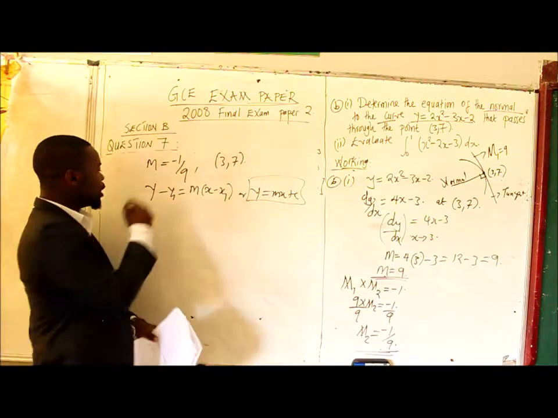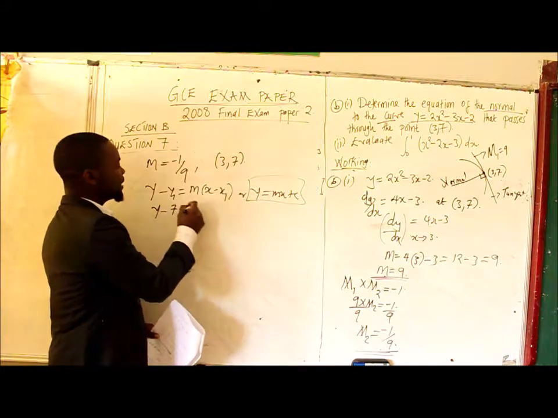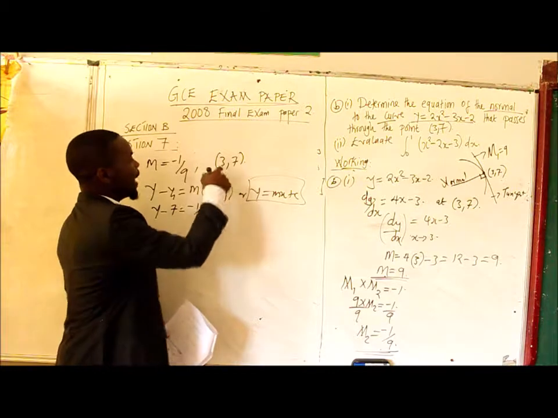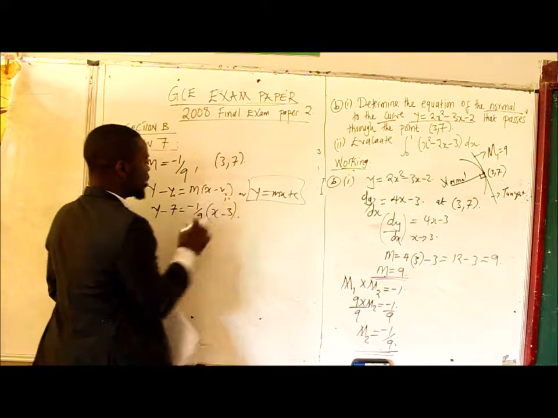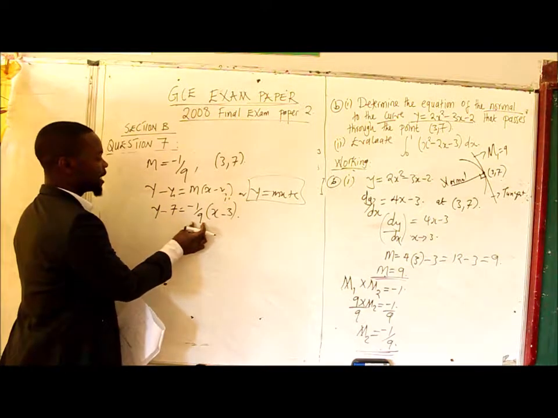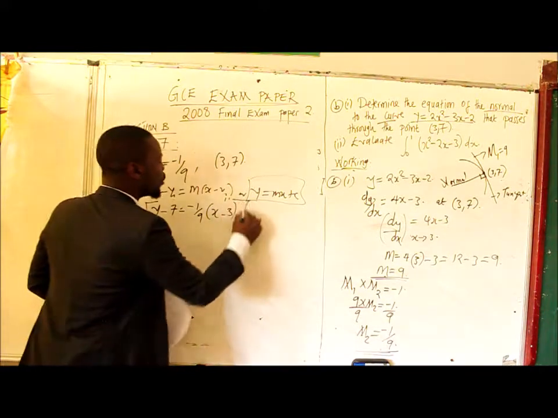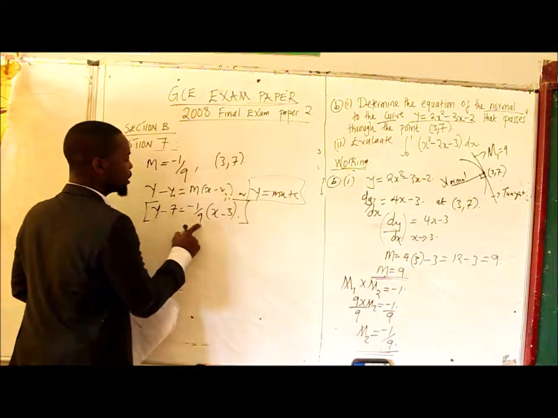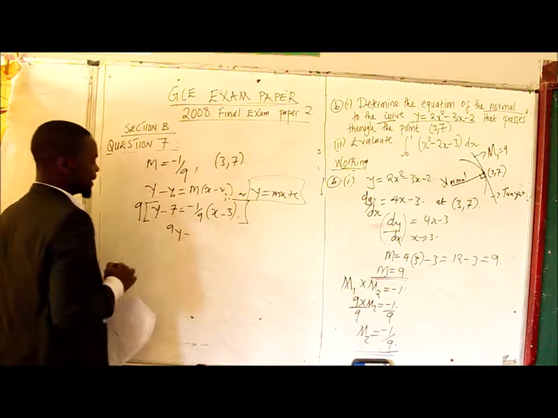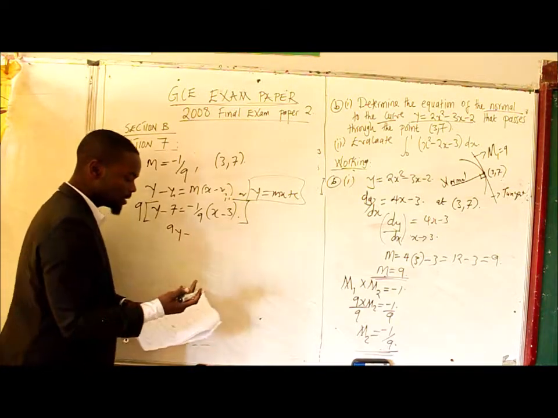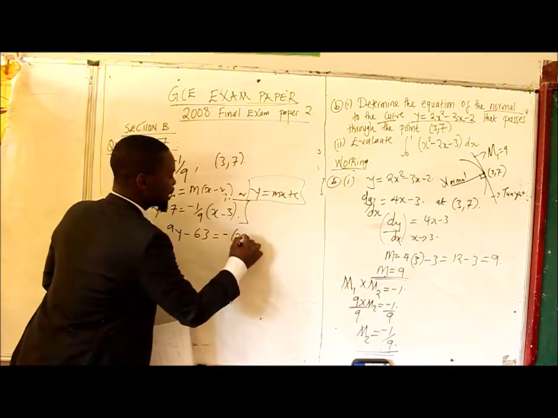All right. So we have got y minus y1, the y value which is 7, gradient is -1/9, x minus x1 is what? 3. This is an equation. In this equation, you have got a fraction here. How can we deal with a fraction? There are a number of ways in which you can do this. For me, I'll multiply throughout by the only denominator in this equation, which is 9. So 9 times y is 9y minus 9 times 7 is what? It's 63. Is equal to, here I'll remain with a negative (x minus 3).